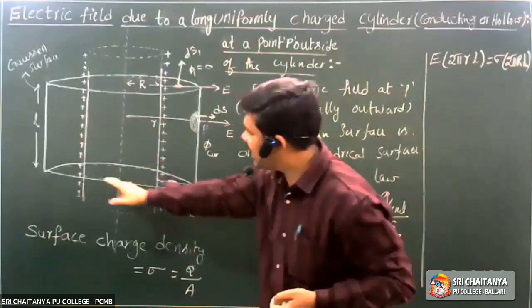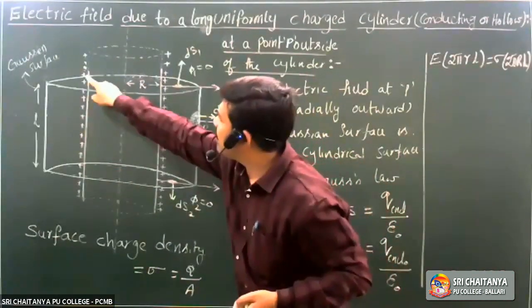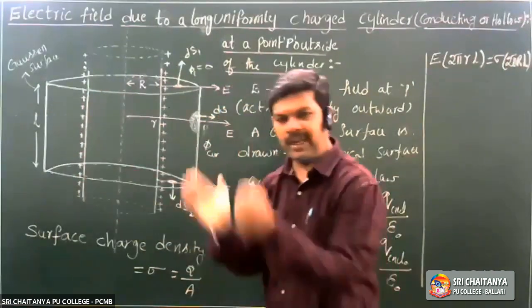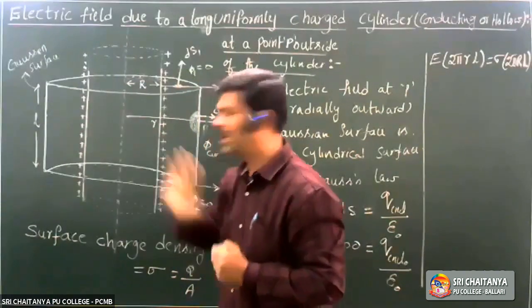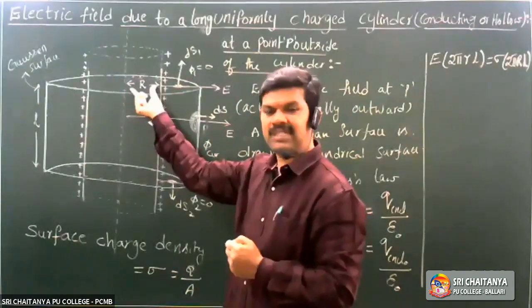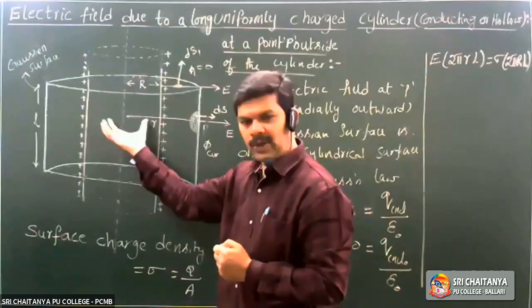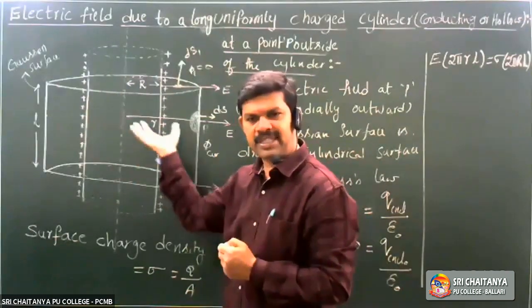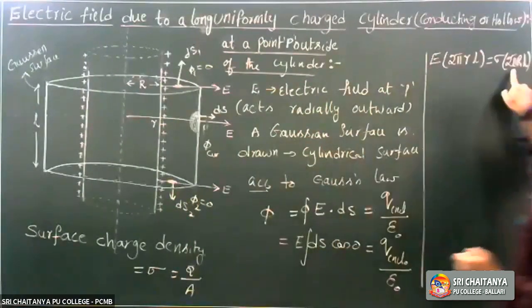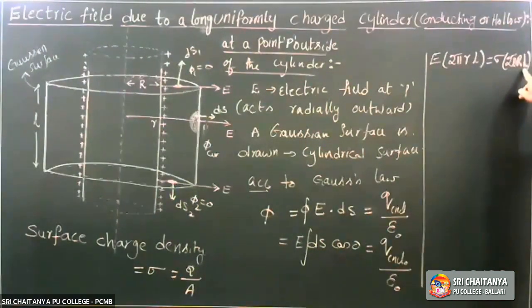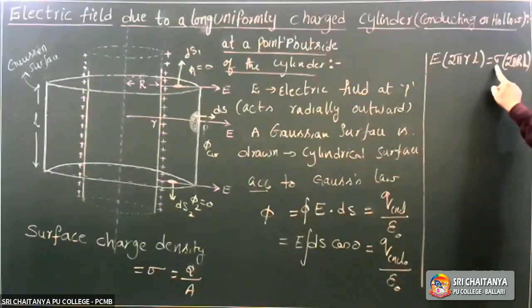From here to here, the cylinder is enclosed in the Gaussian surface, whose length is L. This radius is R. As it is a hollow cylinder, the area of the surface is 2 pi R L. This is the area enclosed and this is the surface charge density. This gives the total charge enclosed in the cylinder,